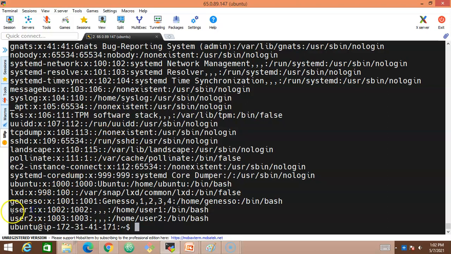If you observe carefully, the entire line is differentiated with a colon. I would call each of these one field. User1 is one field, differentiated by colon. After that, X is the password, differentiated by colon. After that, the user ID, differentiated by colon. And this is the group ID, differentiated by colon. So there are multiple fields which are differentiated by the colon.